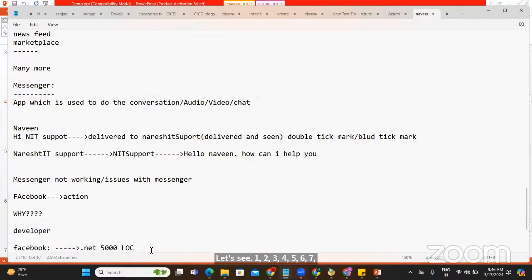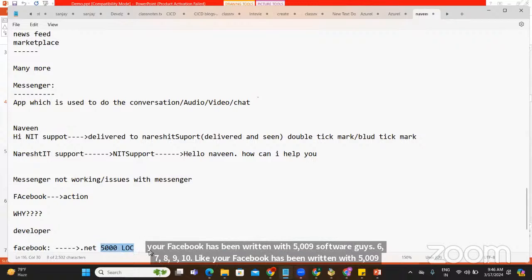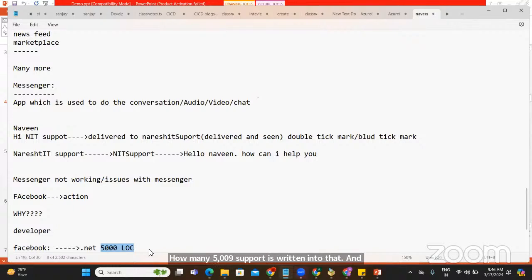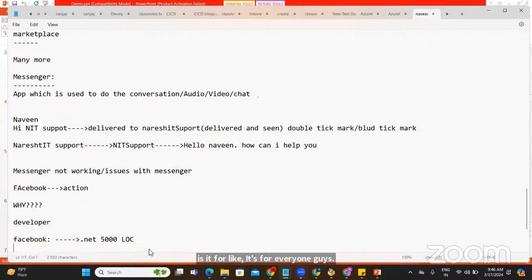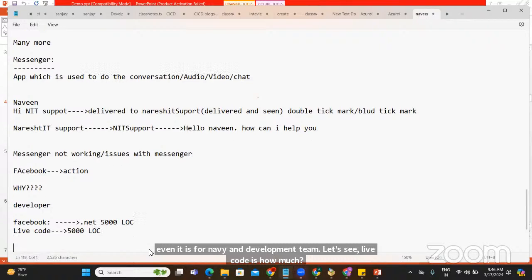Like that, your Facebook has been written with 5,000 lines of code, guys. Understand, please? 5,000 lines of code is written in that. And this 5,000 lines of code is live for everyone. Is it for Amar? Is it for Charisma? It's for everyone, guys. Even for Naveen and the development team. Let's see. Live code is how much? 5,000 lines of code. Got a point?